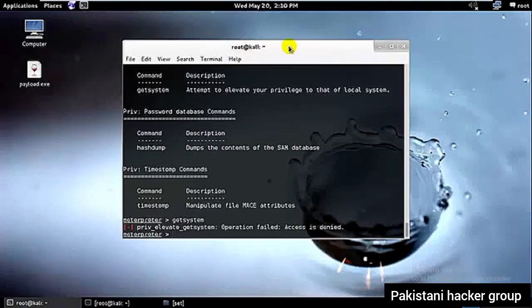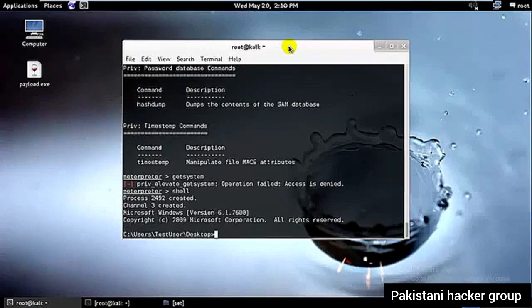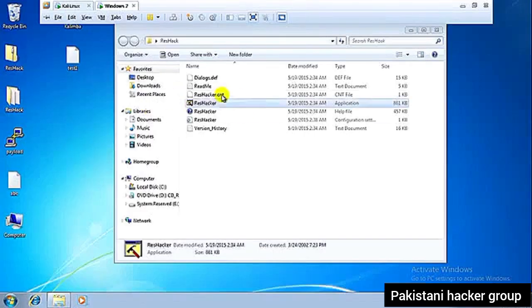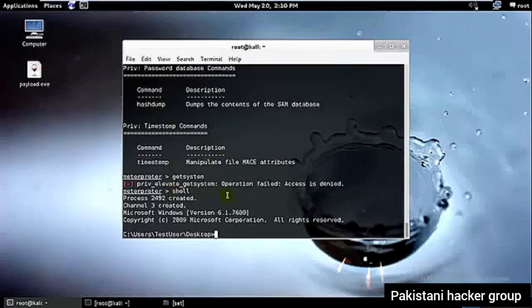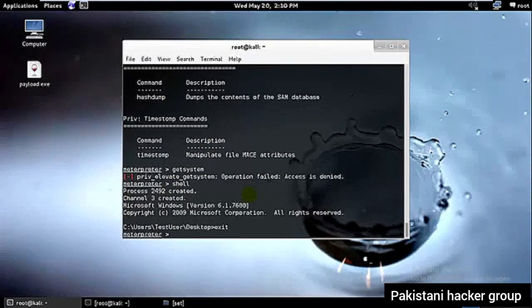The first thing I'd like to tell you is that sometimes you may not even be able to open the shell prompt from over here. Sometimes if you are a user, you cannot do that. Since I am the administrator over here, that is the test user, I'm able to gain access to the command prompt. So if you're unable to gain access to your command prompt, you can type execute -f cmd.exe -i -H